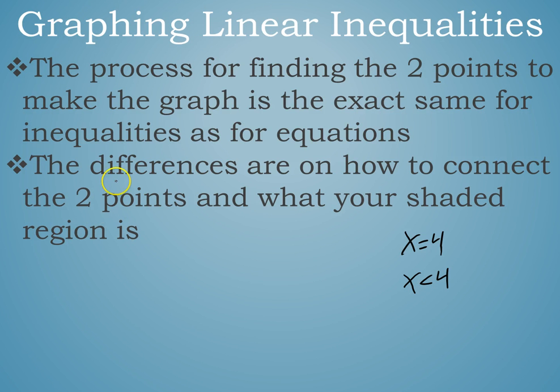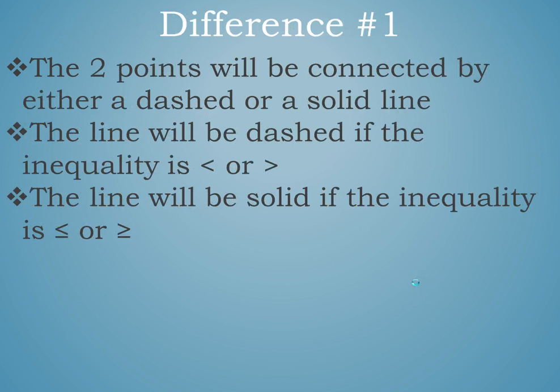And connecting the 2 points, again, depends upon whether we're including the 4 or not. So your 2 points will be connected by either a dashed or a solid line. The line is going to be dashed if the inequality is just less than or just greater than. You will draw a solid line if the inequality is less than or equal to or greater than or equal